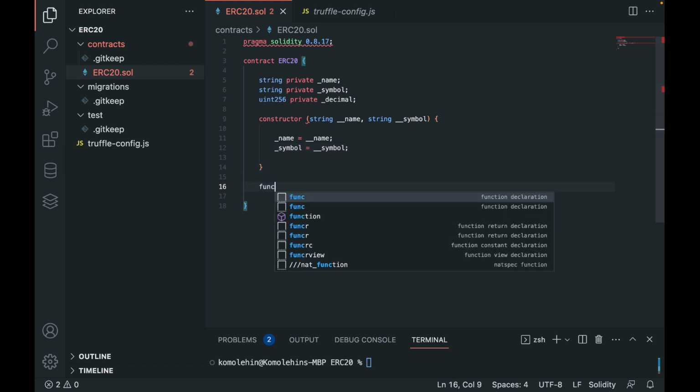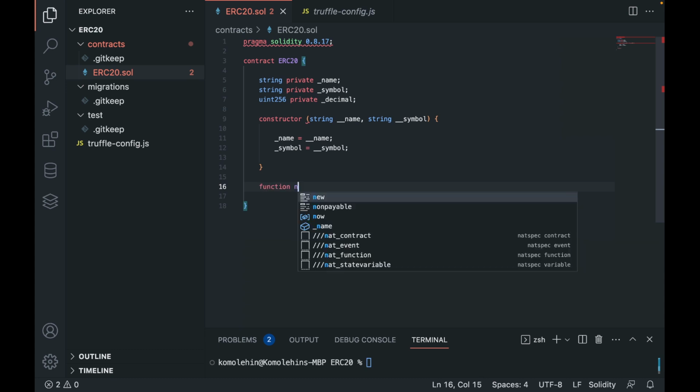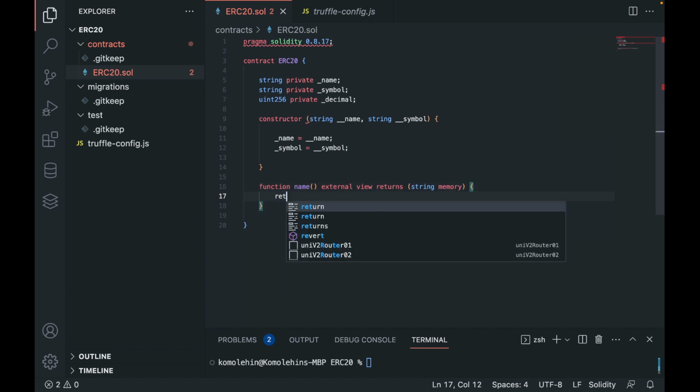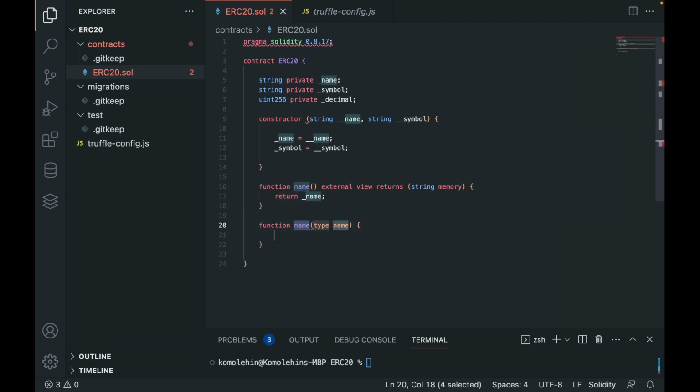So I'll create a function that returns the name, and I'll make the function to be external, returning string memory. So to follow the same pattern as the name,